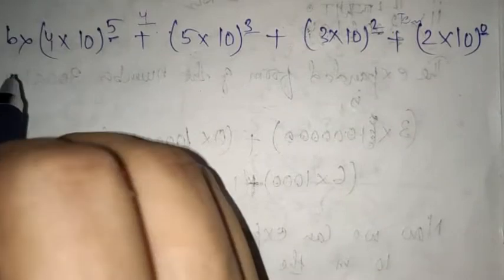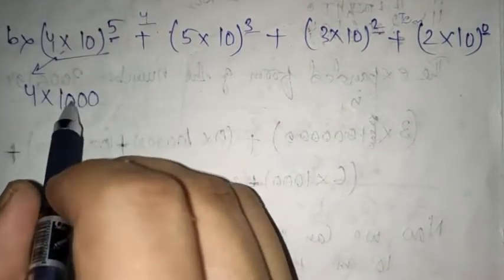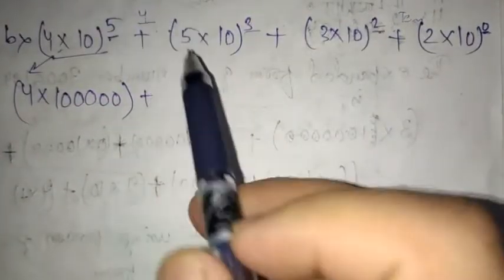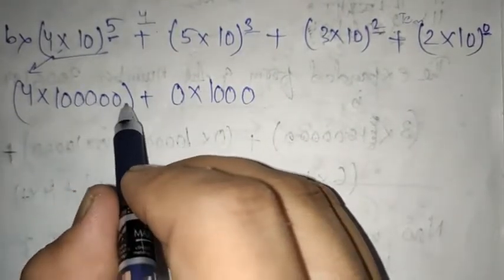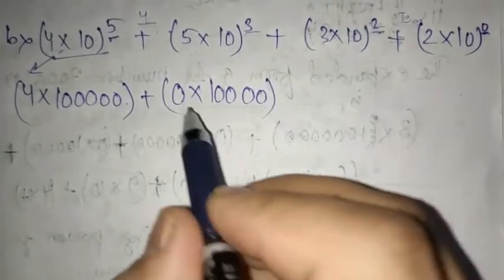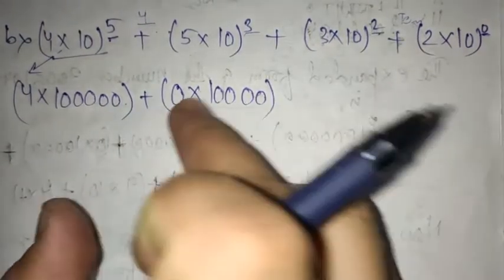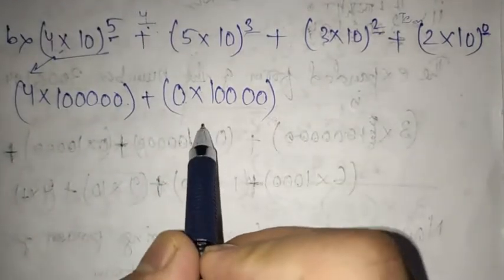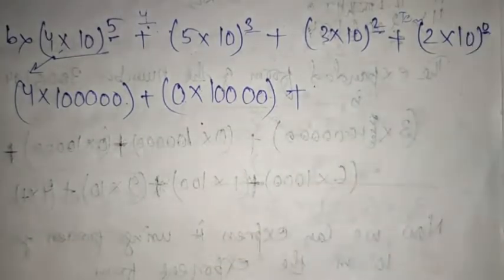So what we are going to do here, just see 4 for this. If you expand this, 4 into 10,000 will be written with 1 2 3 4 zeros. Then plus sign, you see ones, tens, 100, 1000 places missing, so you will multiply with 0 like this. Will there be a difference? No. If you multiply 0 into 10,000, there will be no difference. Just to fulfill its place, we are writing this. The place value should not be jumped. You should not jump in any step.